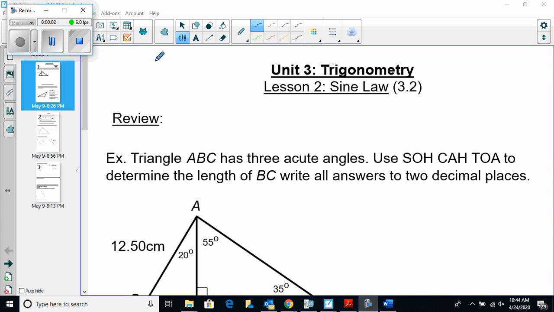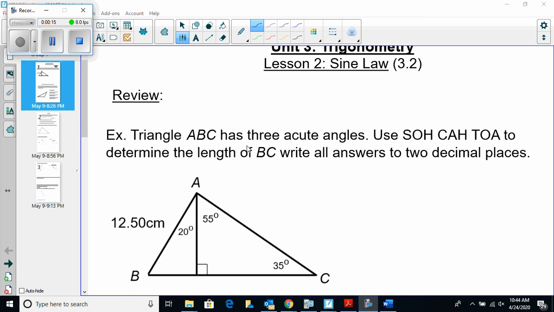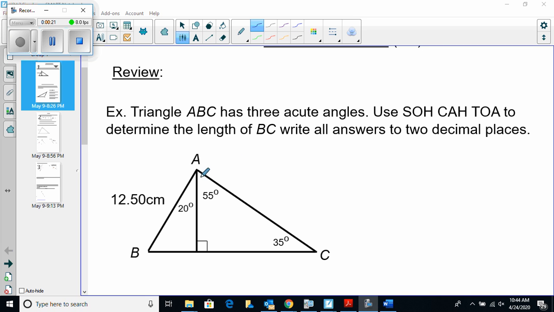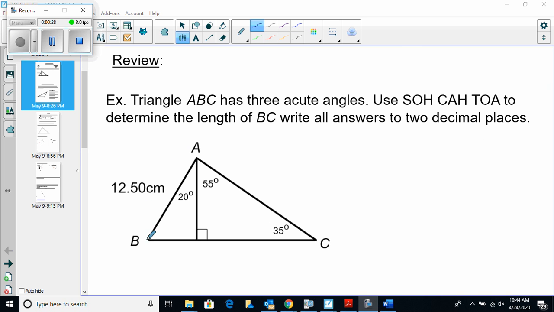Okay, so today we'll start with the next lesson on trigonometry, and this is dealing with what is known as the sine law. So let's review what we did yesterday and then move on to a more in-depth look at the sine law. Let's suppose that we have the triangle ABC, as you see it here in the picture, and